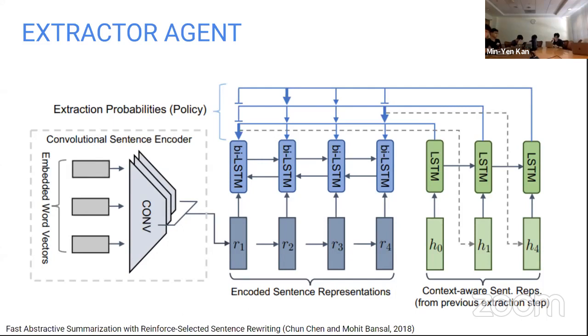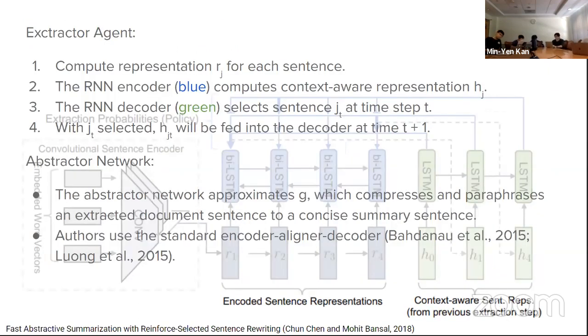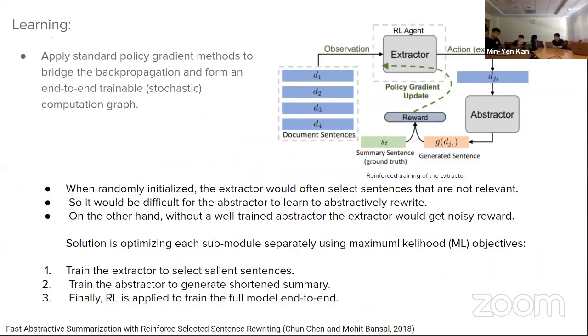So in this case, both agents get penalized or just one? I'm also trying to figure that out. I think this is the part where the whole model is seen. So I feel like, yeah, train full model, and that's last. RL is applied to train the full model. What they're doing is basically their first